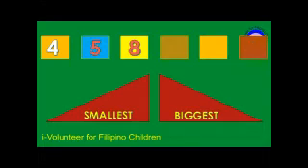The smallest number I can form is 458. The biggest number I can form is 854. The smallest number I can form is 12,358. The biggest number I can form is